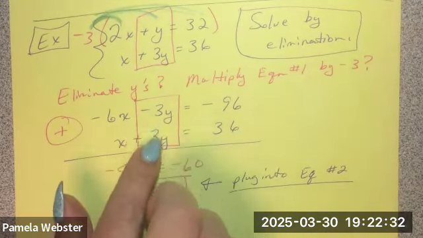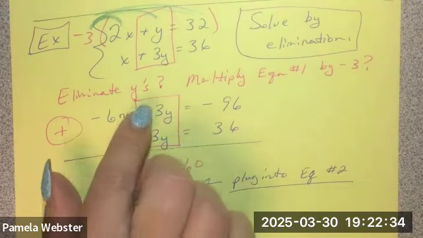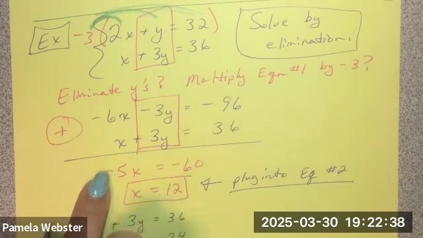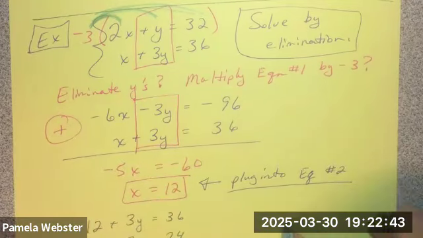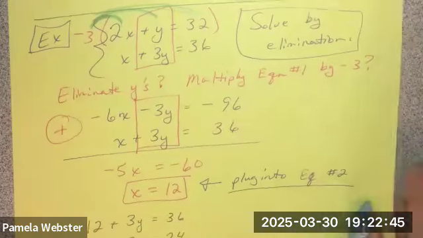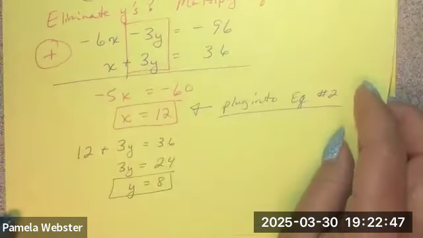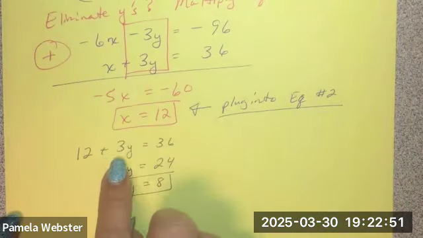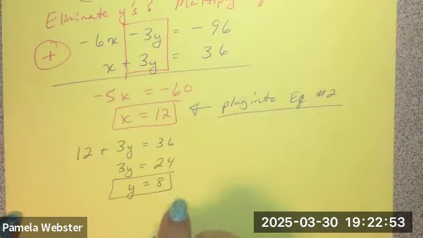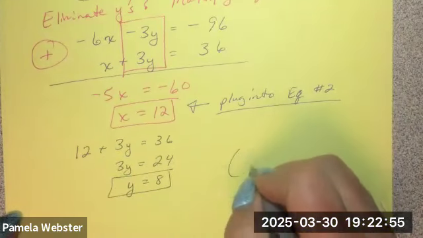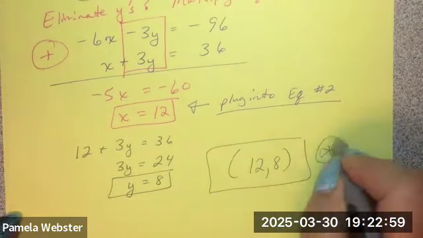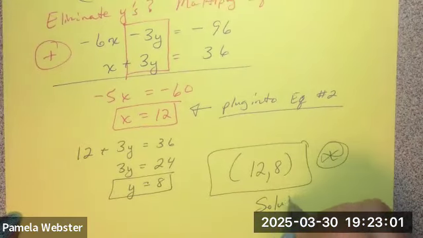And then I have negative values. One's a positive, one's a negative on my y's. So I'm going to add these. Negative 5x equals -60. And sure enough, that gives me x equals 12. And just very quickly, I plugged the 12 into equation number 2. 12 plus 3y equals 36. And I got, sure enough, y equals 8, which is the same value we've gotten for that solution,